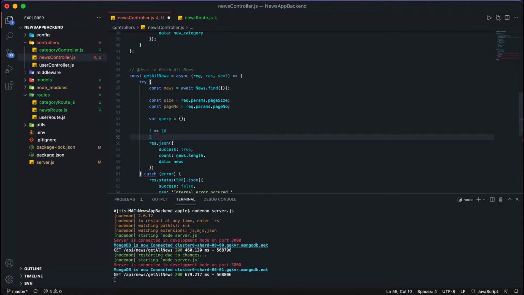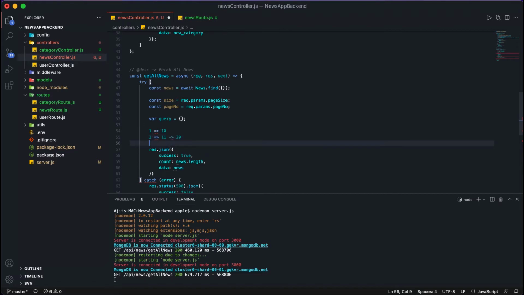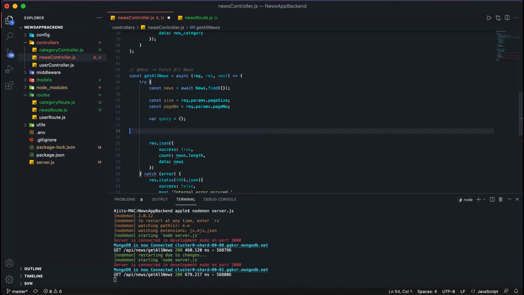Then when the page is 2, it will start from 11 and go to 20. In case of 3, it will start from 21 to 30, like this. So we'll store this logic here.